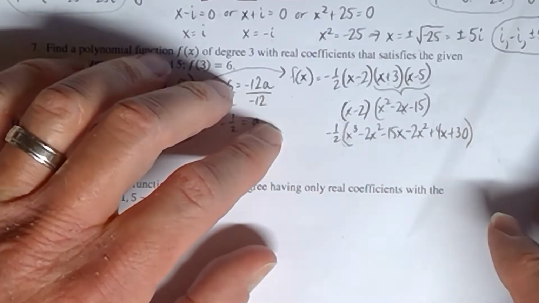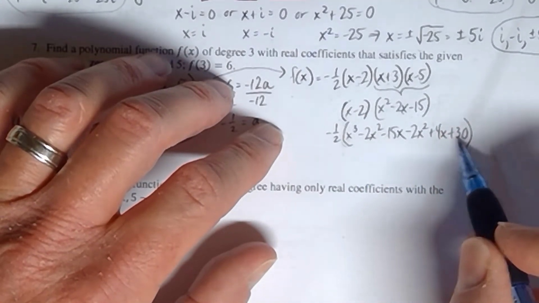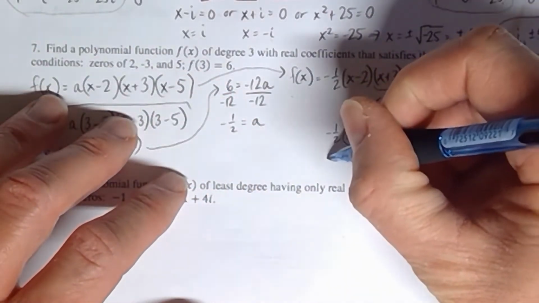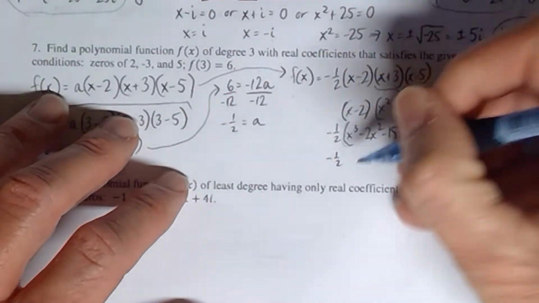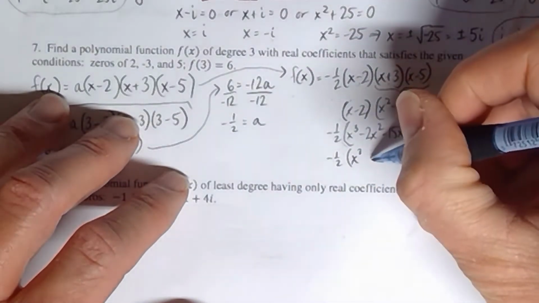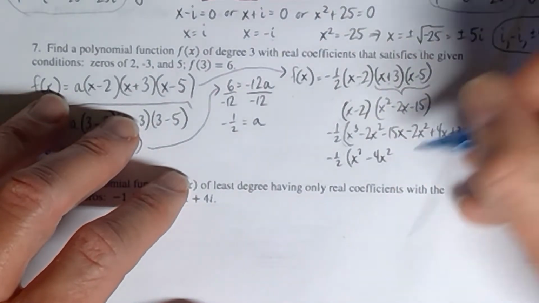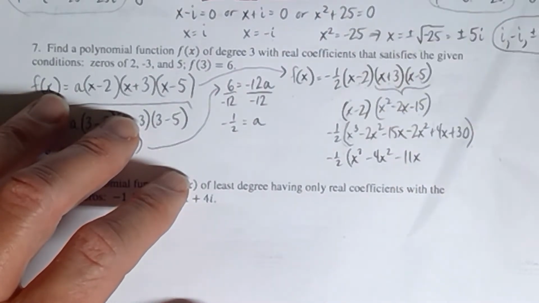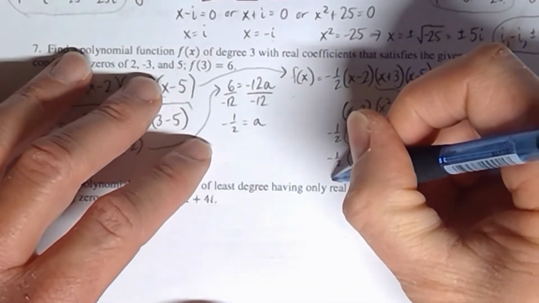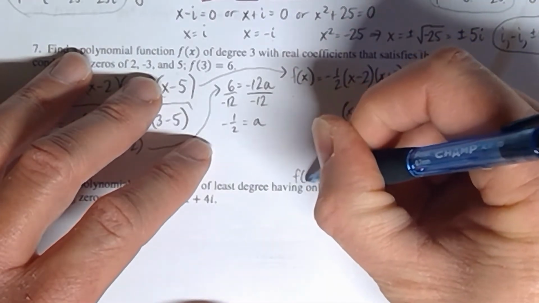And you're allowed to combine like terms inside of a bracket as long as there are no smaller brackets in there to get in your way. If it's just a polynomial, you can do that. So before I multiply by -1/2, if you like, you can combine like terms right here. Here we go. All right, there we go. And then 30. And so if I then finally distribute out the -1/2, my final answer is going to be